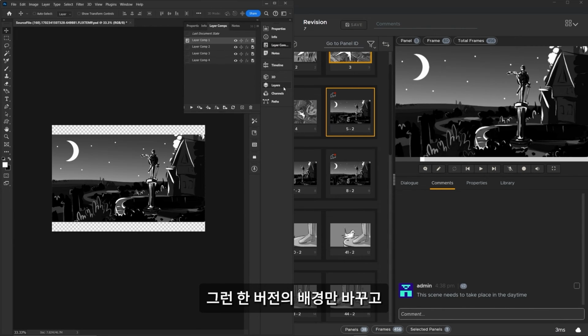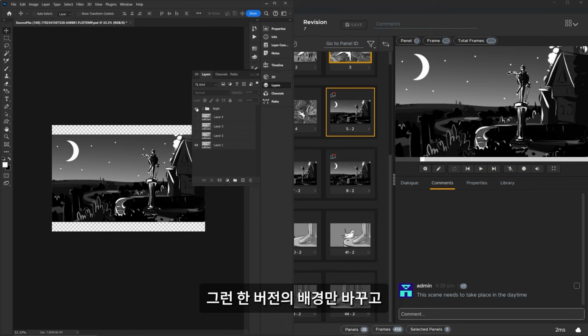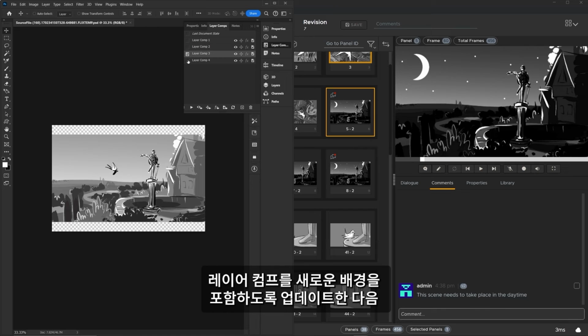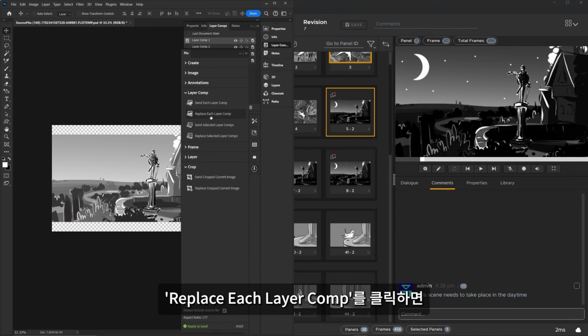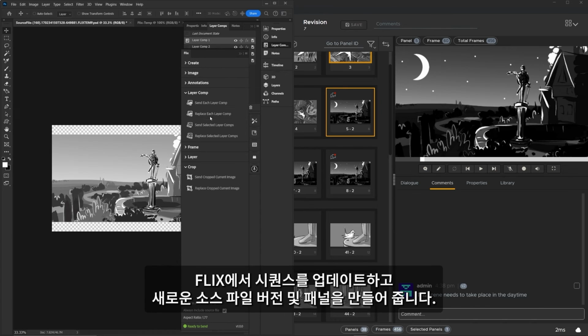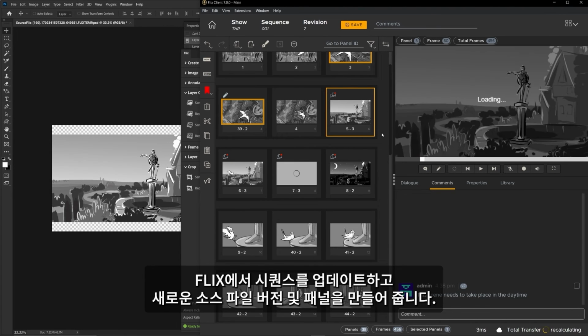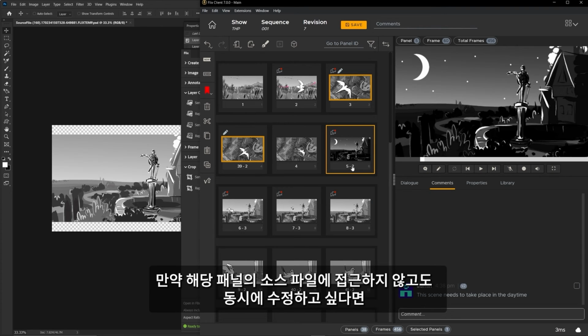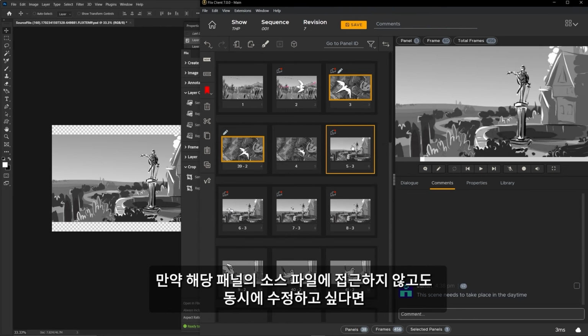Then I simply make the change on one version of the background. Then update the layer comps to include the new version of this background. Click Replace each layer comp, and Flix updates the sequence and creates a new version of the source file saved against these panels. If I didn't have access to the source file for these panels, but I still wanted to